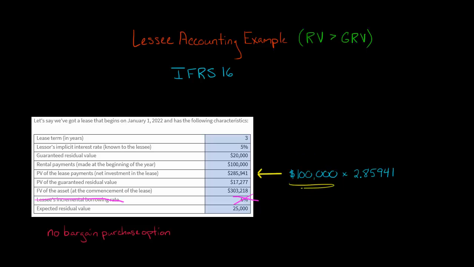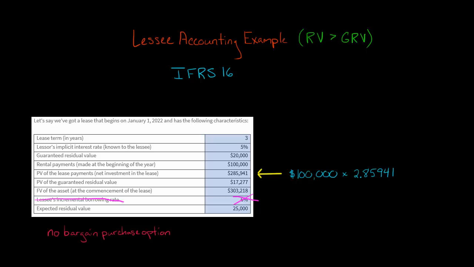That's the annual lease payment times 2.85941. Okay, this is a present value of an annuity due for $1 for 3 periods at 5%. Okay, that's what this is. All right, 2.85941. So when we multiply this out, we get $285,941. So that is going to be our initial measurement of the lease liability. Okay, so we're going to initially have a lease liability of